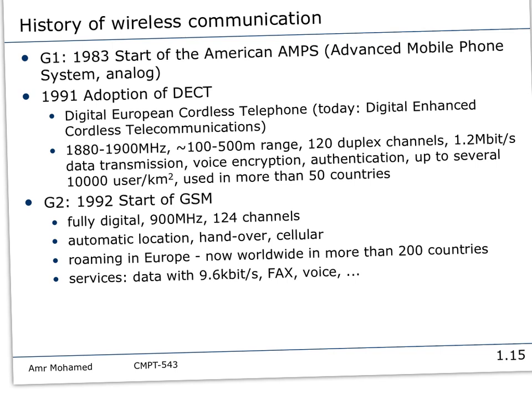So this DECT standard supports a 100 to 500 range. And what that means is that the nodes can transfer using a power in that frequency range. And as we all know, the signal, when it travels through the air, suffers attenuation, right? Until a specific distance, it dies completely, which means that if you have any receiver above this range, you have no signal whatsoever. So that's what this range refers to: above this range, I cannot communicate.